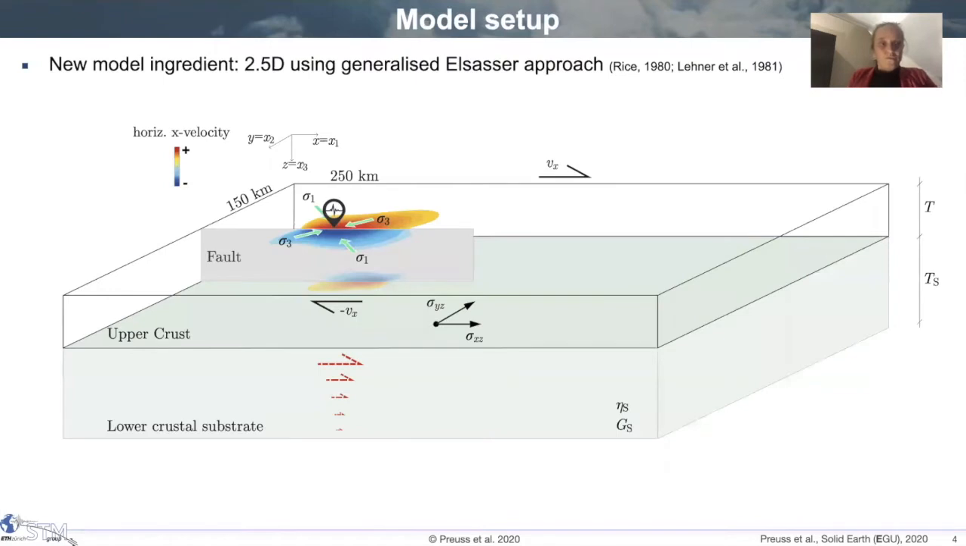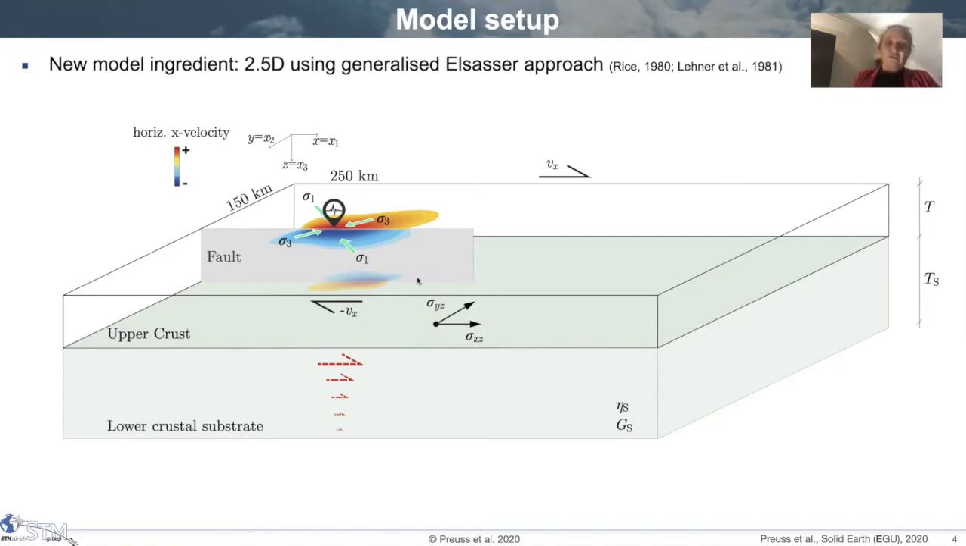So Simon Preuss also added a new model ingredient, making our setup 2.5 dimensional. That means that we use a generalized Elsasser approach to represent the response of the lower crustal, more viscous substrate here, in the sense that if we have an earthquake on this predefined fault here, where we only truly simulate the surface here,